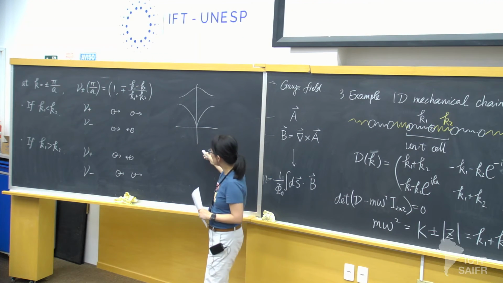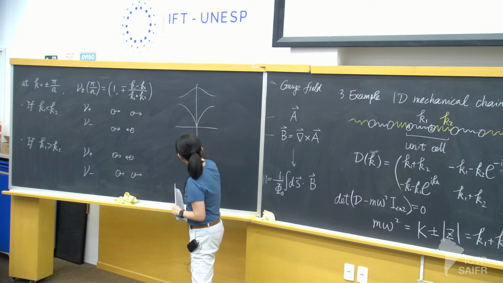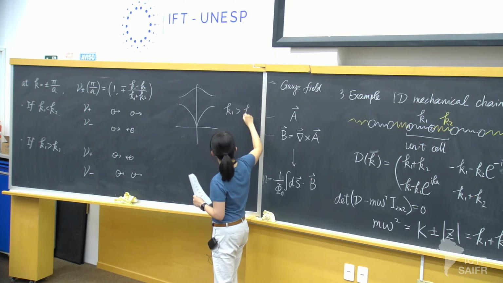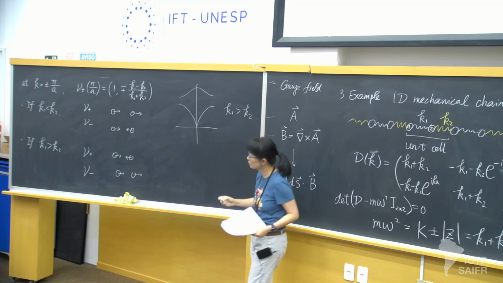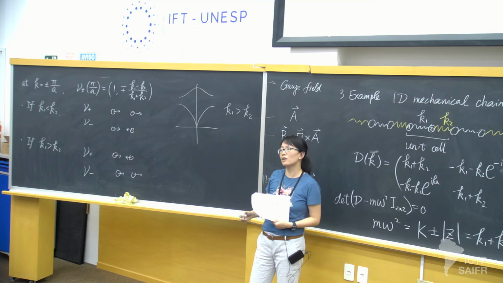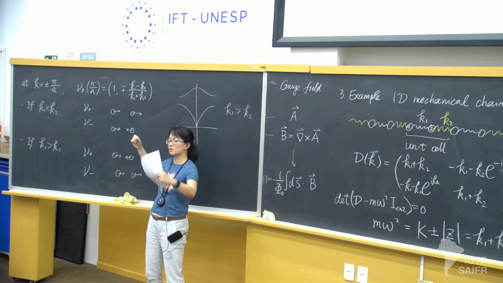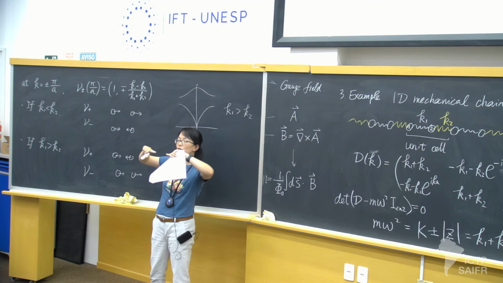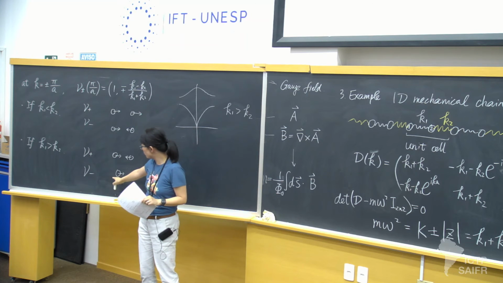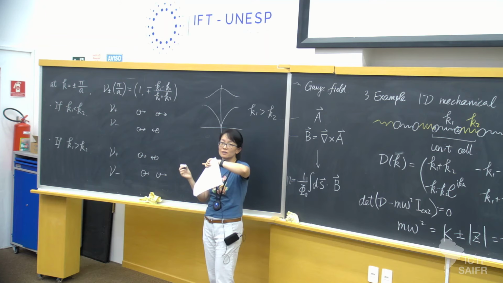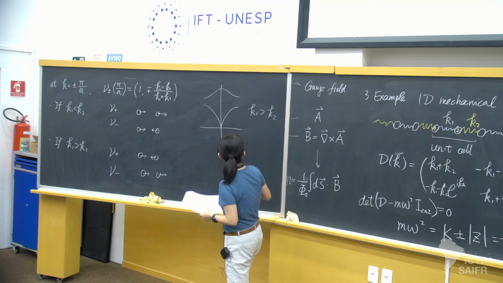In the case of K1 greater than K2, they agree with one another, right? For this case, the optical branch is they are moving out of phase together. And for the acoustic branch, they are moving in phase. However, for the